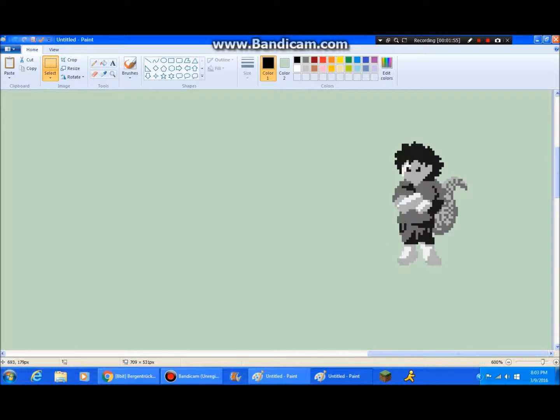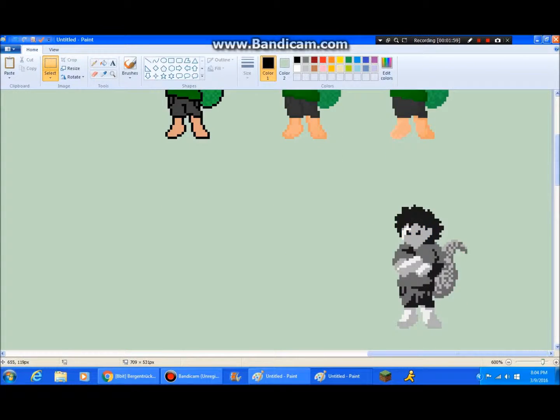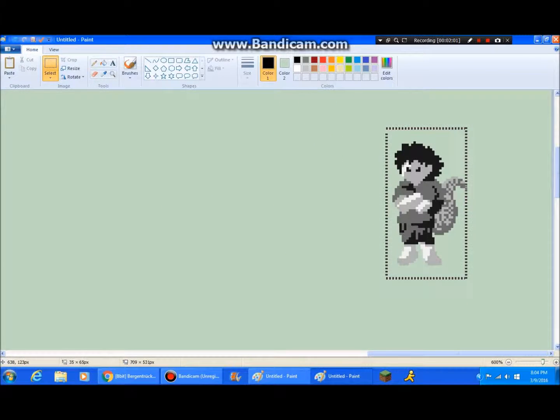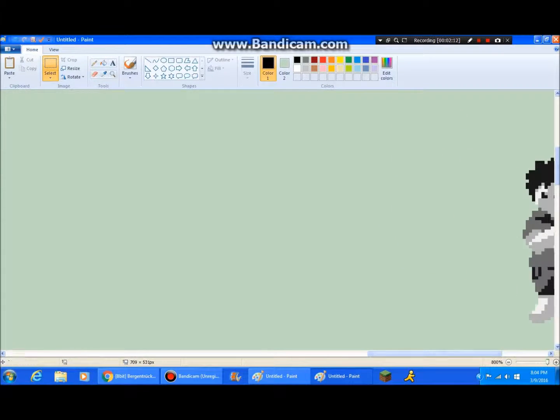I also have this here, which is a version of this sprite that I modified to use only the 4 shades of gray that are available on a Nintendo Game Boy, because I was planning to use this in a Game Boy style animation. Still not sure if I'm gonna end up doing that. Anyway,